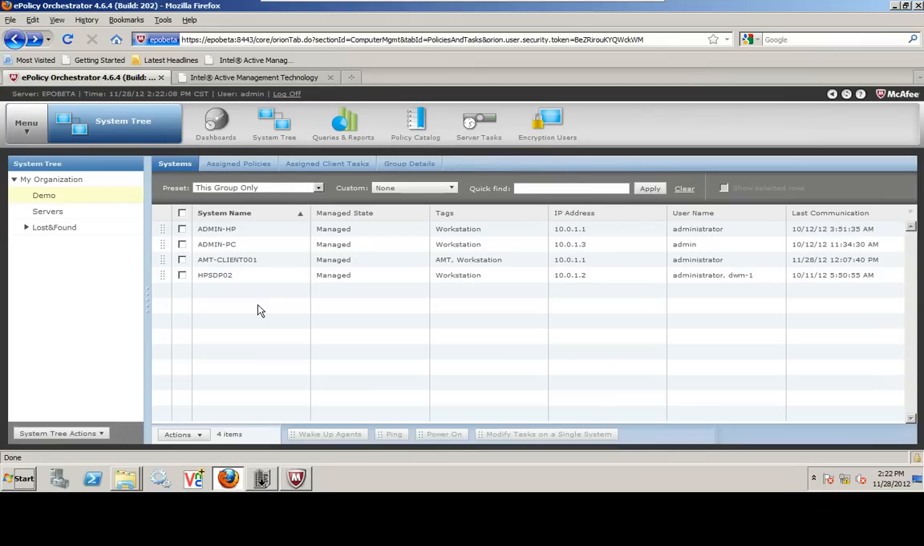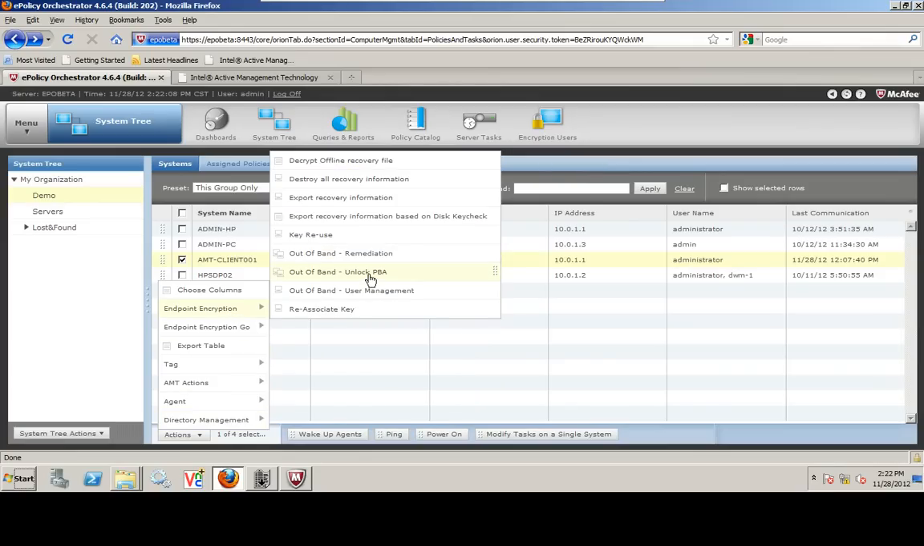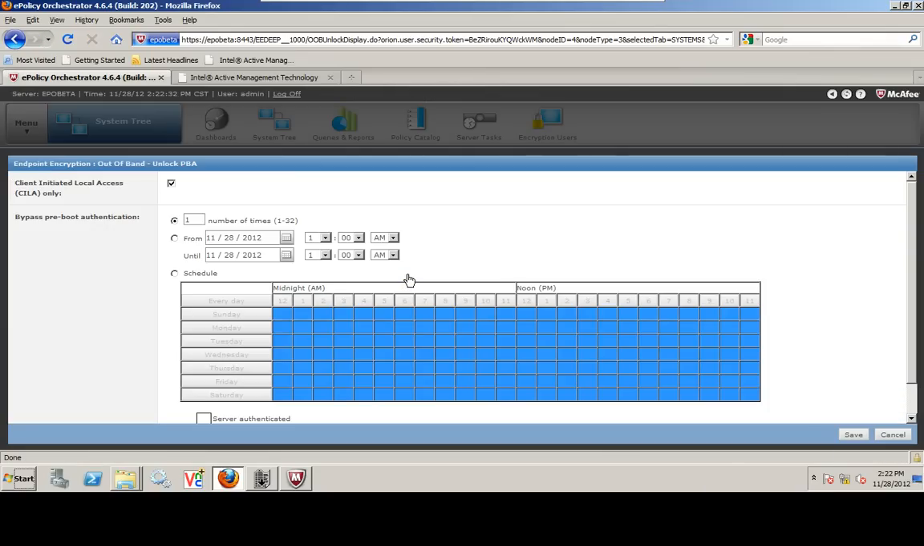This is Dan Larson from McAfee, and in this video I'm going to demonstrate how to use a feature called Endpoint Encryption out-of-band unlock pre-boot authentication. This is an important feature for us because it solves one of the long-time challenges of pre-boot authentication with full